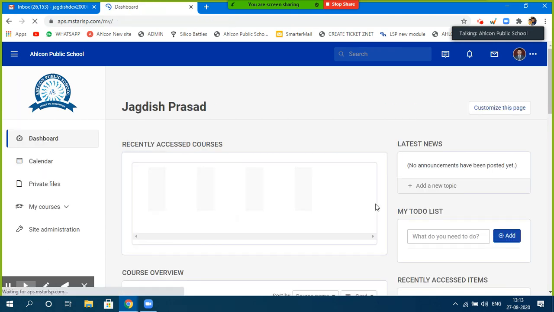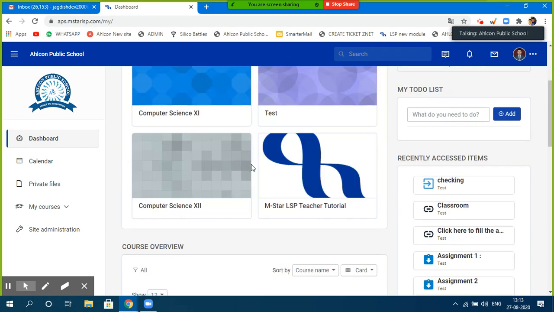So once you're through with the checking of the credentials, you need to upload the contents, right? The content which you can upload could be in terms of files, in terms of video, or you can specify a URL. If you have some URL outside this platform, that could be your Google form, a Google class, a YouTube video, anywhere else. If any content is outside this platform, you can always specify the URL of that content.